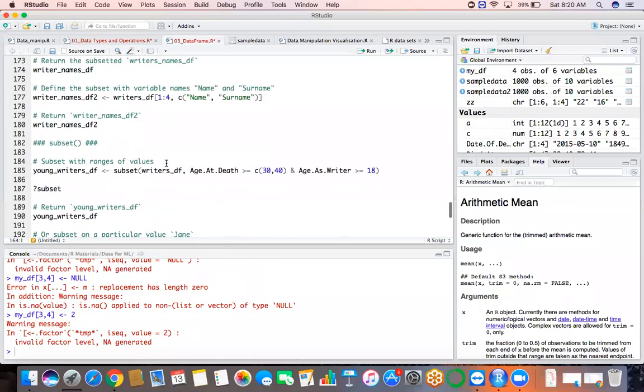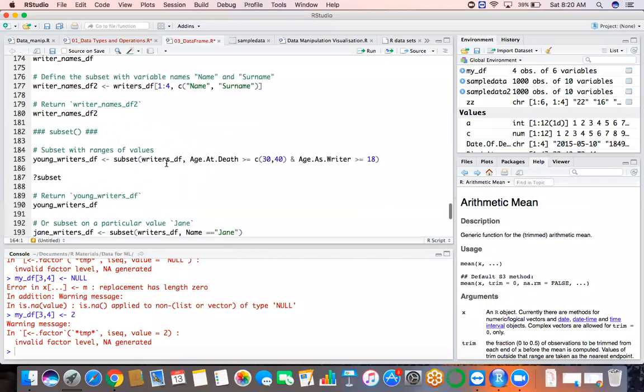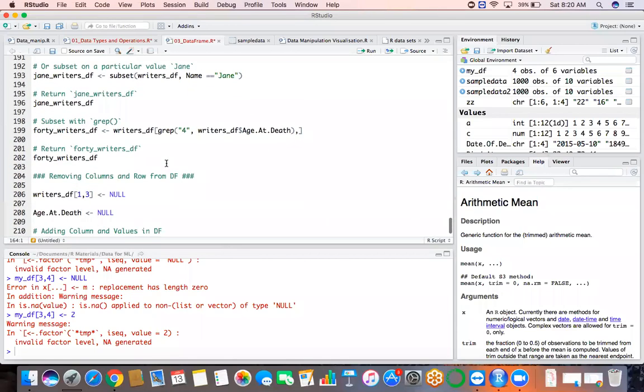No, it does not accept. Generally, since it is defined, that's why it's not accepting. But